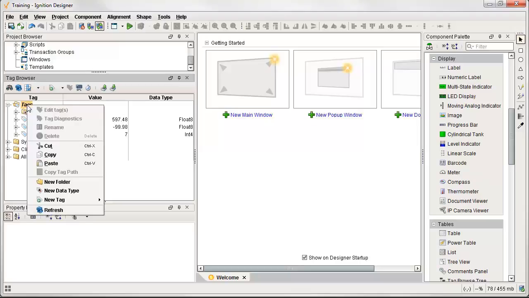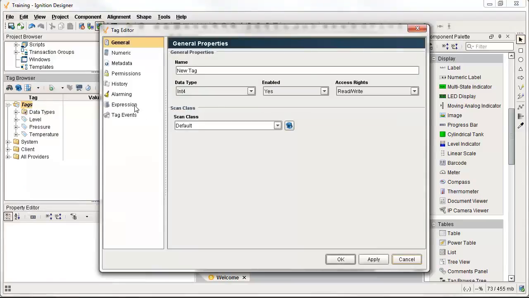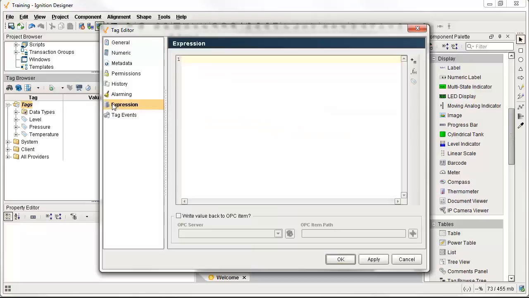So I'm going to right click on the tags folder and create an expression tag, because I'm going to utilize the functions that are in the expression language to get hours out of the day. So I'm going to go and create an expression tag. I'm going to call it trigger. I'm going to set the data type to be a Boolean